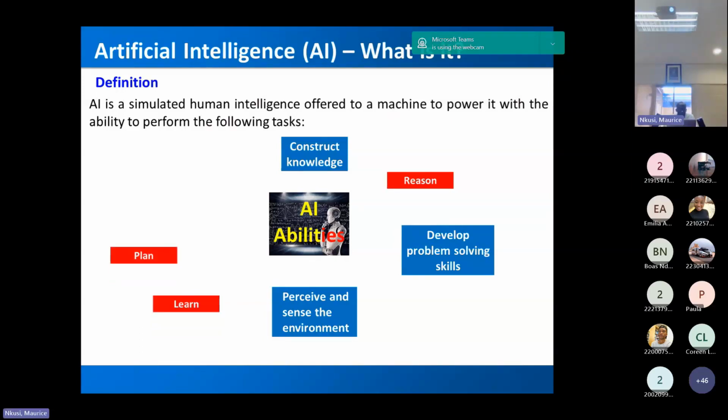A machine can plan on the next level because the machine can predict what is coming next, can predict based on the questions people are asking, what other kind of follow-up questions that people can ask. So the machine have that ability and manipulate and move objects. So this is very important. So this is the robotics.